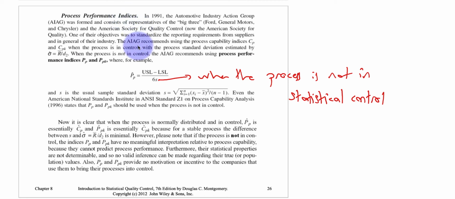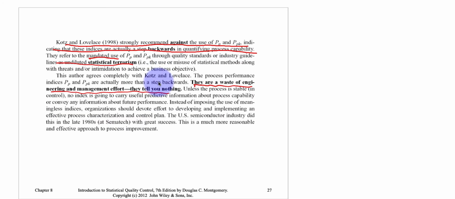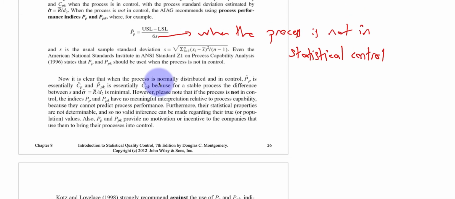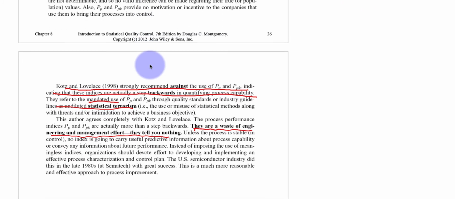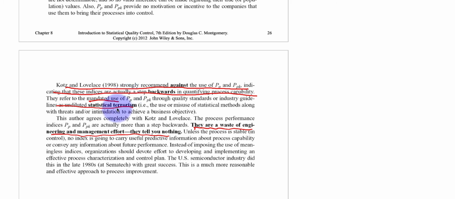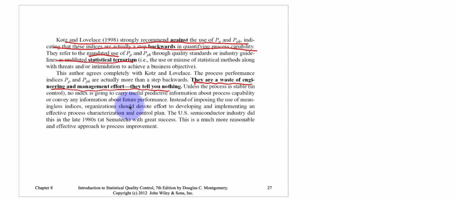But there is huge opposition to using this kind of calculation with the sample standard deviation when the process is out of control. Some scholars say that if the process is not under statistical control, you cannot use the process quality ratio like this. Okay, you cannot use it because it's like what? It's like statistical terrorism. They use this term for this kind of calculation when the process is out of control. Okay,